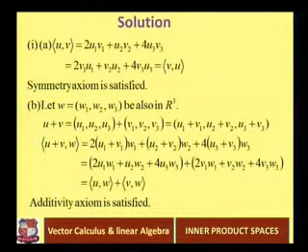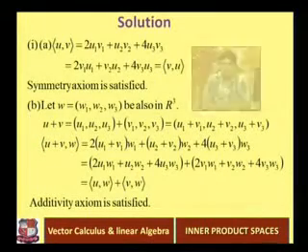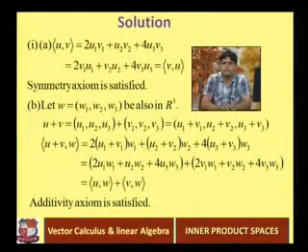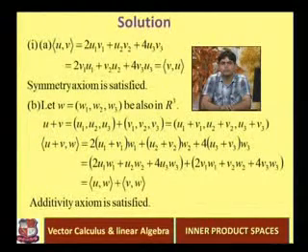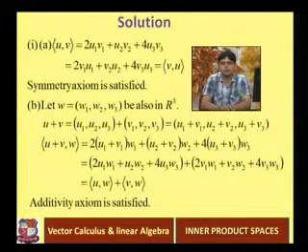that is the first element of u plus v, and w1, that is the first element of w, plus (u2 plus v2) into w2, that is the second element of u plus v, that is u2 plus v2, and the second element of w, that is w2, and plus 4 times (u3 plus v3) into w3, that is the product of the third elements of the two vectors u plus v and w.